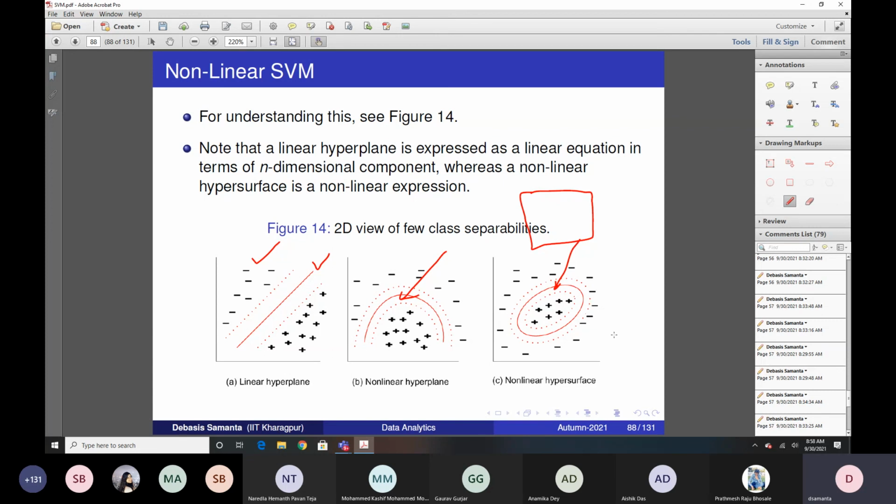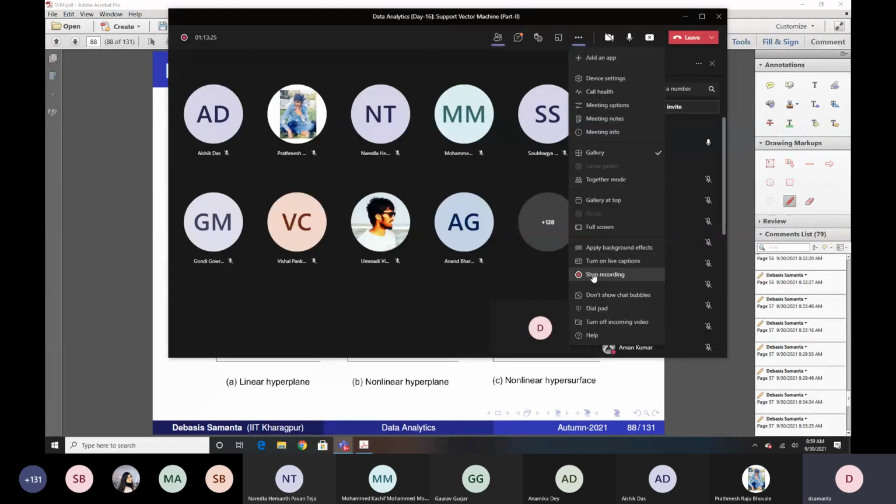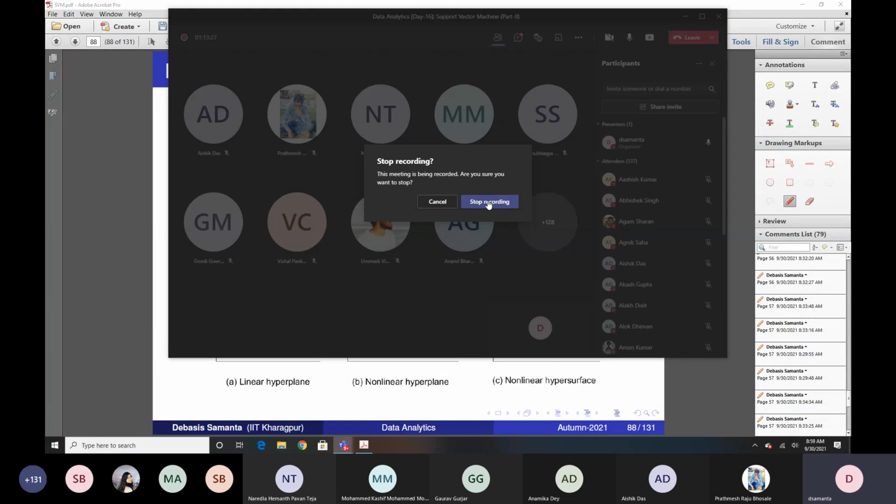Whether it is linearly separable or non-linearly separable, you can try with linear SVM, you can try with non-linear SVM, and then take a decision. But there should be some good strategy by which we can check whether the data is linearly separable or not, and after checking you can go for solving the linear SVM. But if you see that the data is not linearly separable, then we can think of nonlinear SVM using kernel tricks. So in the next class I shall discuss the concept of kernel tricks, and then the rest of the points that I will discuss. There are around 50